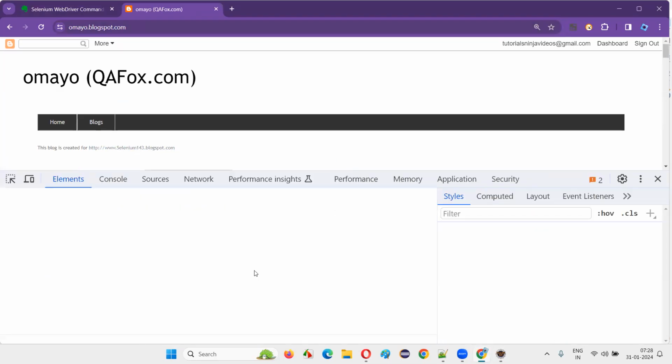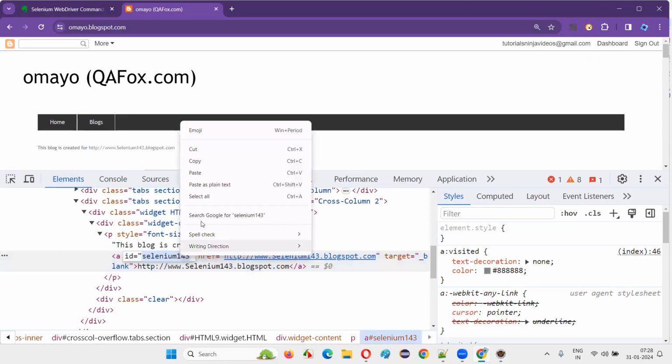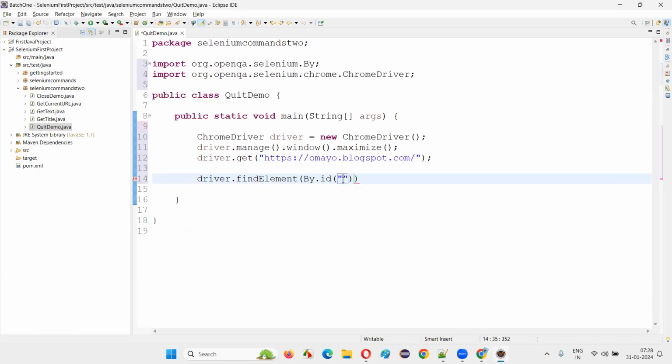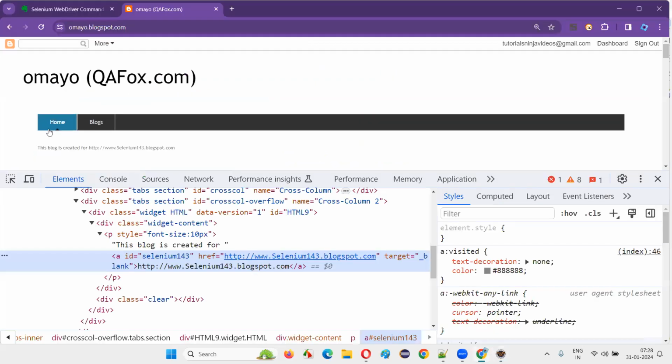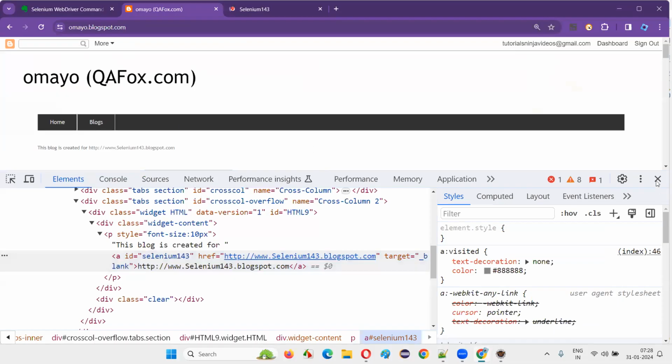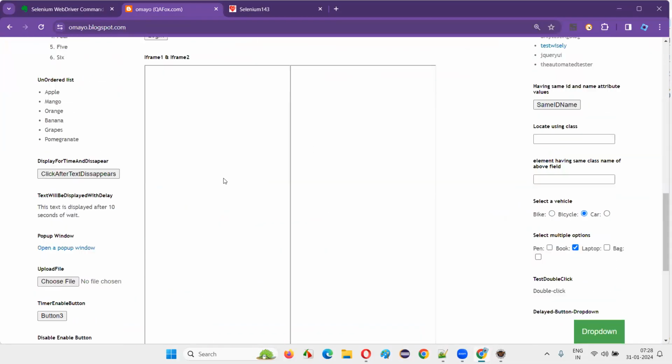Okay, inspect this ring. It has an ID. Copy this ID. This time we'll write in a different format. driver.findElement by ID. Provide the ID locator. And directly I'll say dot click. Instead of creating a web element, directly I'll say dot click. This also will open the new tab, right? This new tab window will be open, and the current focus will be there on the main window, the original default